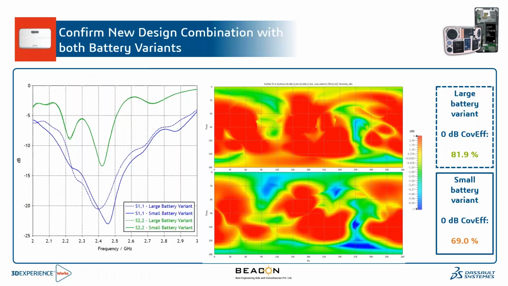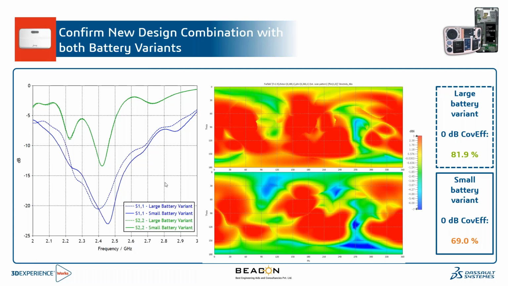So then if in case we want to confirm with a new design combination, let's say previously we worked with small batteries where we had a lot of space to position the antenna. Now with the new variant, when the battery was large, we had different spaces for us to fit the antenna. So if we compare from the previous design with change in slots or positions, if we compare both the results,